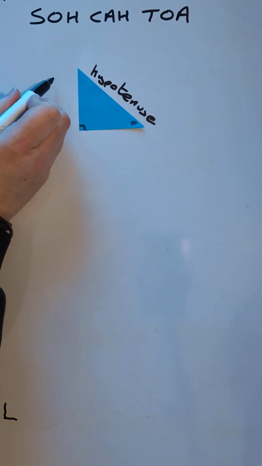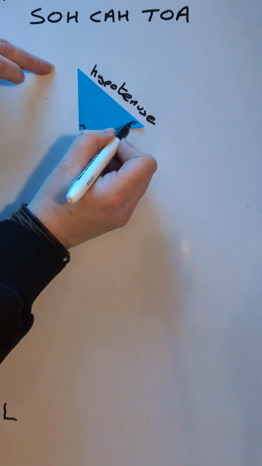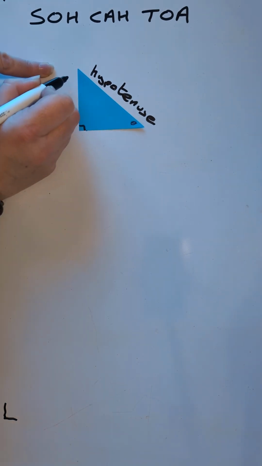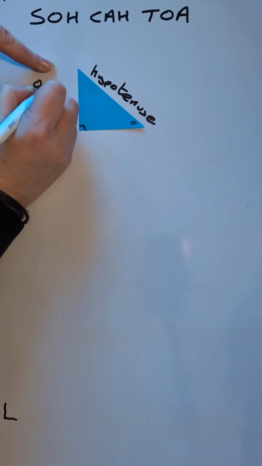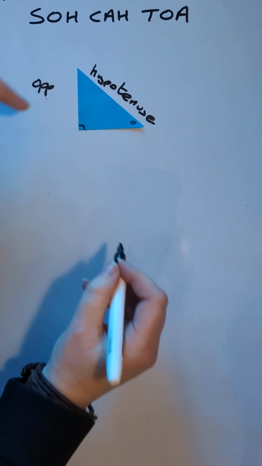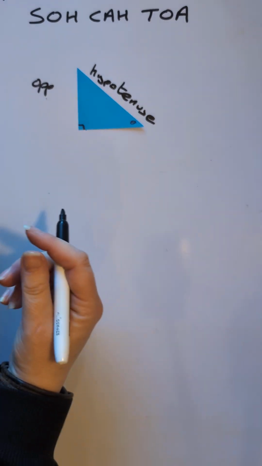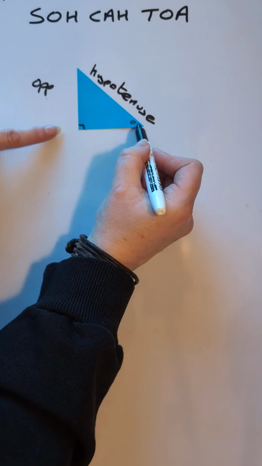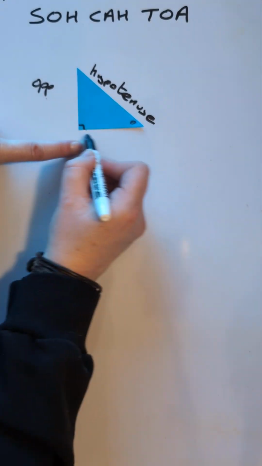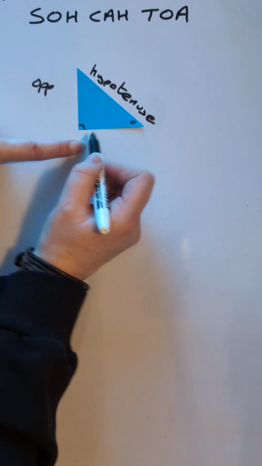The side opposite our angle, so at the furthest end, is our opposite. Mathematicians, we shorten everything. The side next to it, so the side that joins it but is not the hypotenuse,